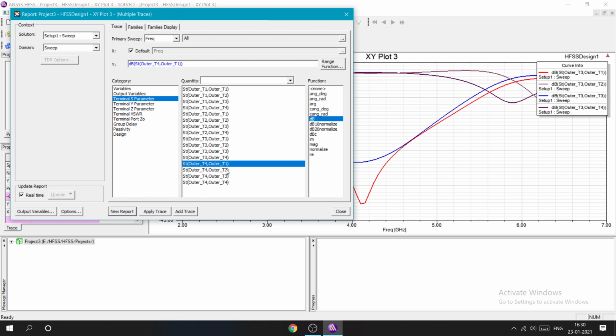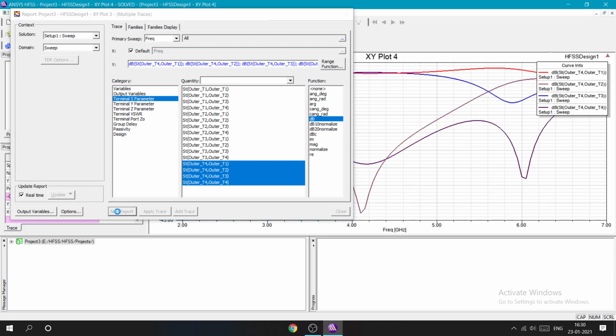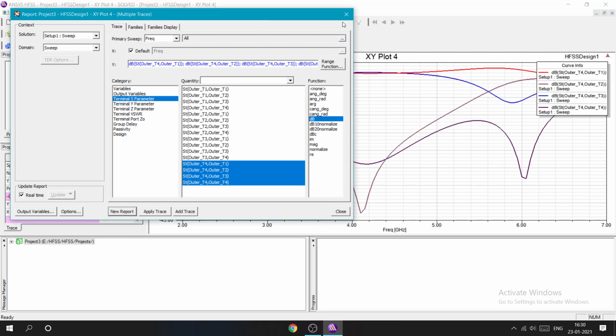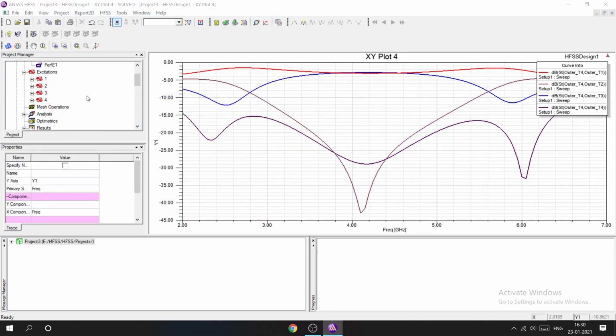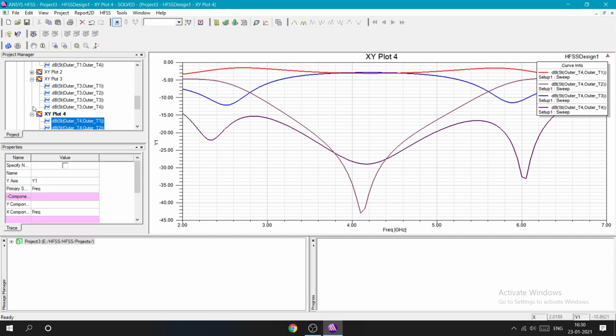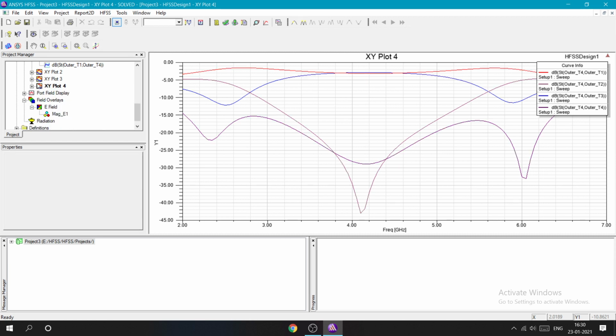Okay, now S41, S42, S43, S44. So it's done. So after this, for these ports, you can see all the graphs over here. Okay, these plots, the results.